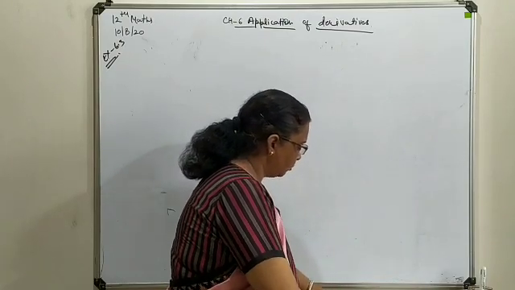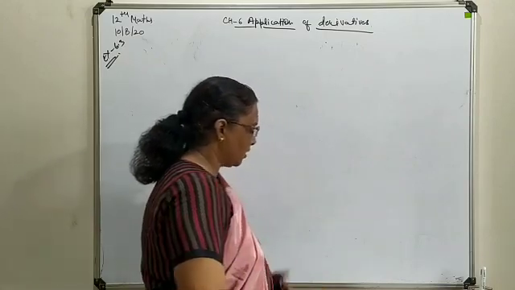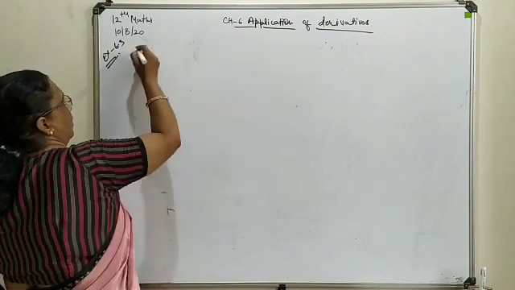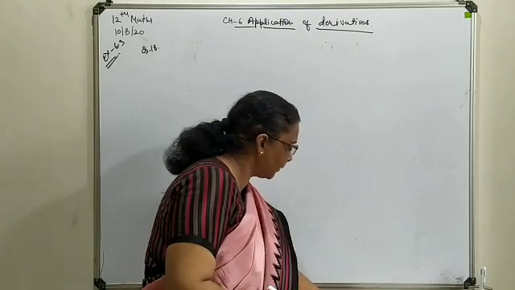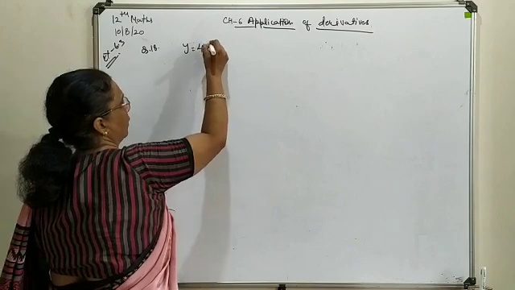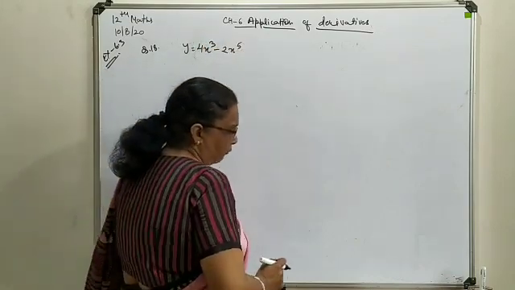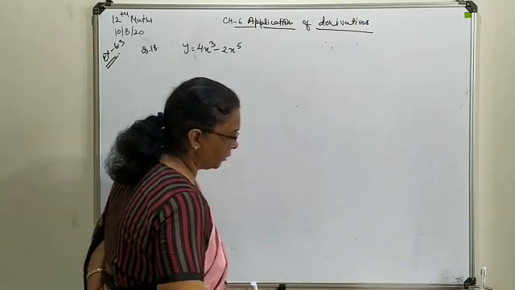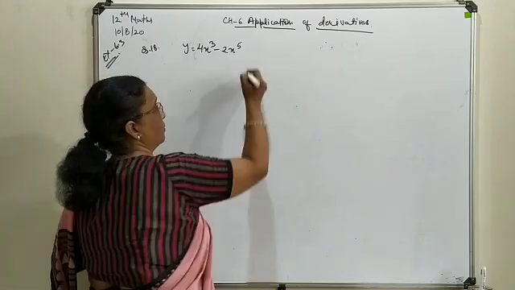Now next we are going to move towards question number 18, in which you will find a somewhat different type of evaluation. Here in 18.1, your curve is given as y is equal to 4x cube minus 2x power 5. Find all the points at which the tangent passes through the origin. So here it is quite a different thing. So what is to be found out?